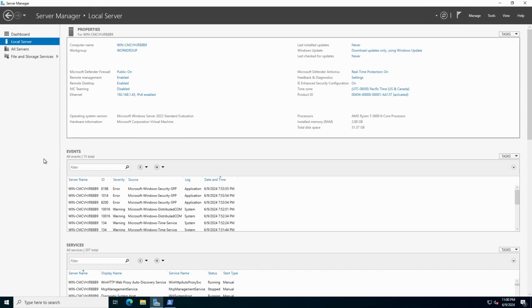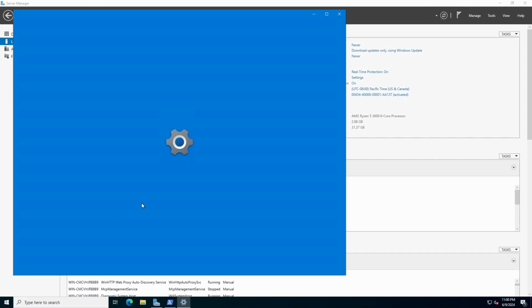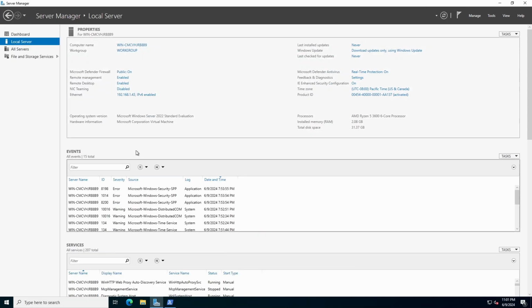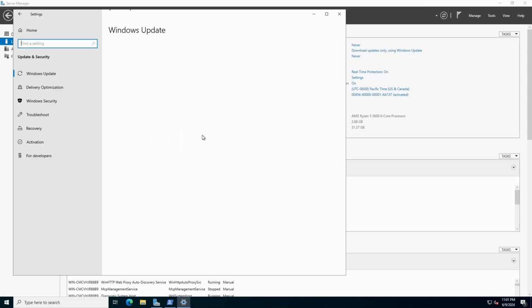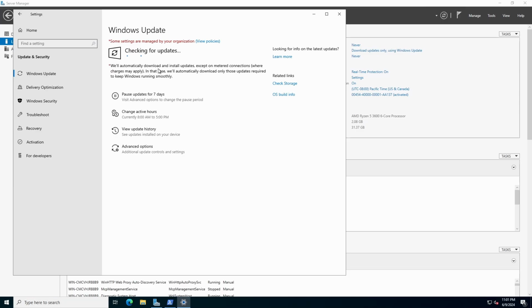So for Windows updates, you can go a couple of different ways of doing it. If you go here and click settings, and then click updates, that's cool and all. Me, I like to try to avoid the start menu whenever I can. So I'm going to hit the Windows key and I, and we're going to bring up settings here. Same exact way to get to it, just another fun way. So we're going to click update and security,